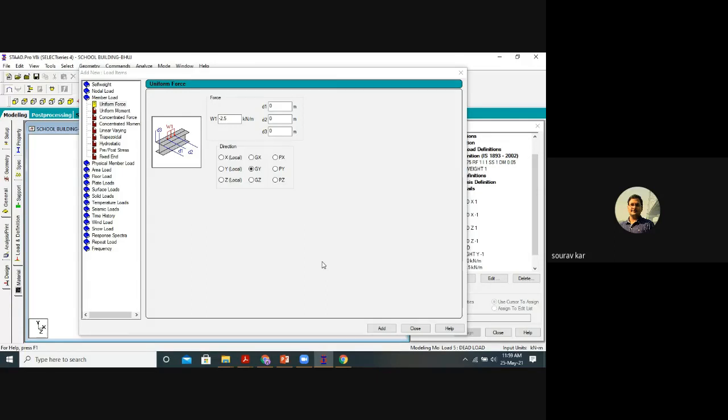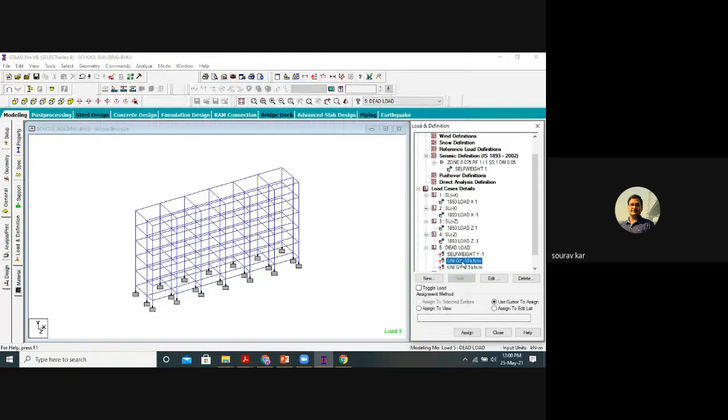Another is the interior wall load, which we take slightly less than the exterior wall load. Here they have not taken it for the problem statement. Only the basic wall load of minus 10 kilonewton per meter, which I have highlighted here. I have selected the parapet wall.